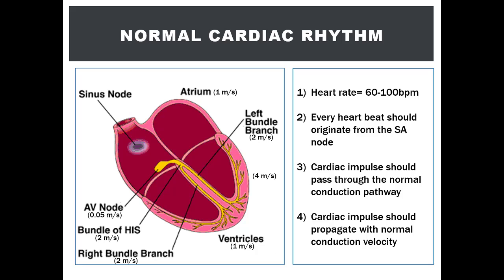Oftentimes, arrhythmias occur when there is some type of damage to the heart, like when cardiac muscle cells become damaged following a heart attack or myocardial infarction. Let's say the damaged myocardial cells are here within the atrium. So as the signals propagate through the atrium from top to bottom, which is the normal conduction pathway, these damaged cells may disrupt its pathway. Sometimes the action potential propagates around the damaged cells and just circulates like this.